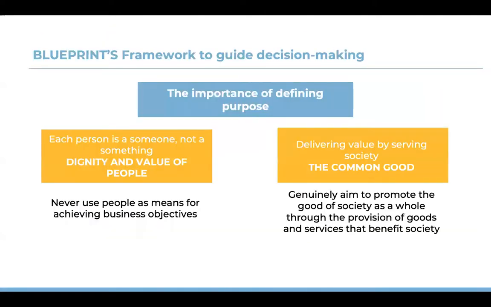One element that always is very important for impact companies is the purpose of the organization, which is also, in our opinion, connected to the purpose of the founder, the role of the founder and the source of the organization. And in this respect, we've come across an organization called Blueprint for Better Business. I don't know if you have already come across them, but they are a charity in the UK,